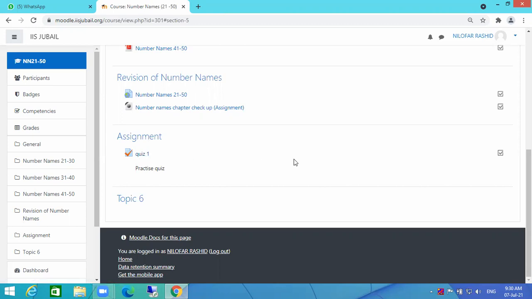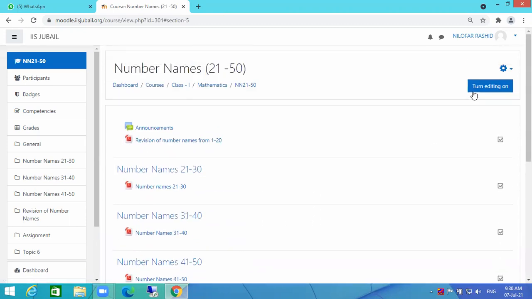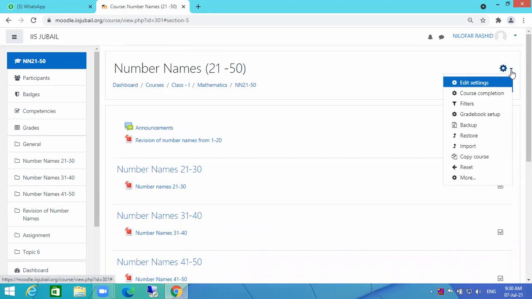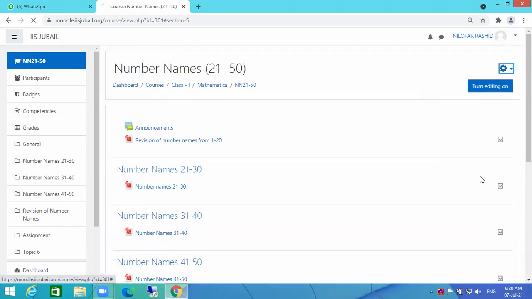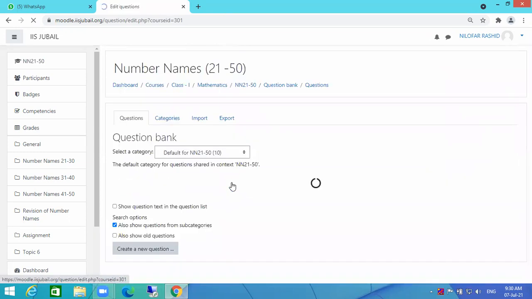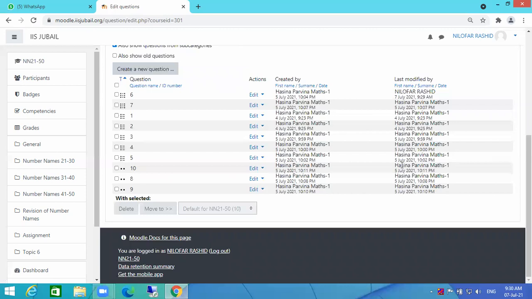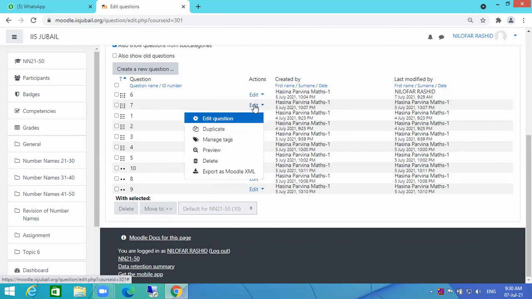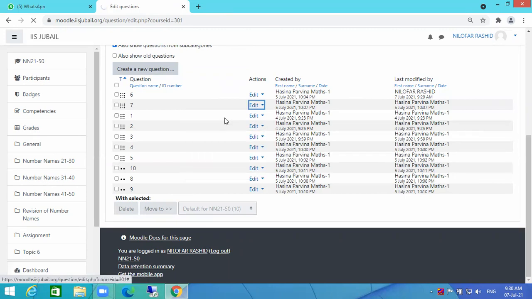that all the questions, the entire question bank, if you want to check, the simple way: on the top, go to settings, click on more. So now here you have question bank. Under question bank you can just click, and you can see all the questions. Just now we have modified this question. Okay, it is showing this one. So here you will get all the questions, whatever they have created. Just go to one question by one and you can see whether it is correct or not.